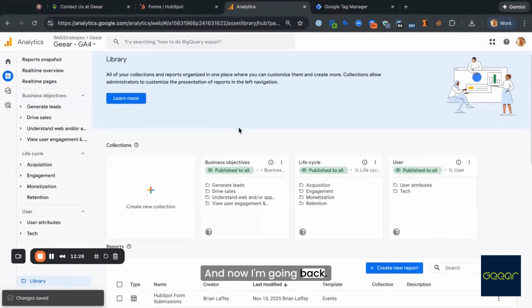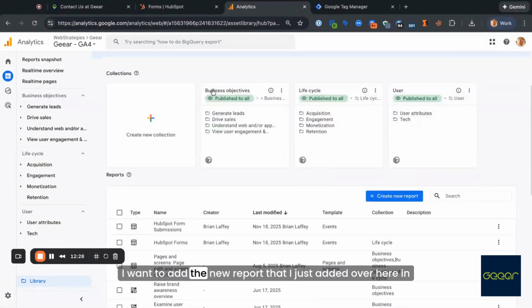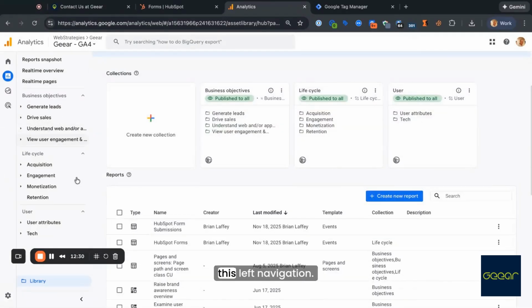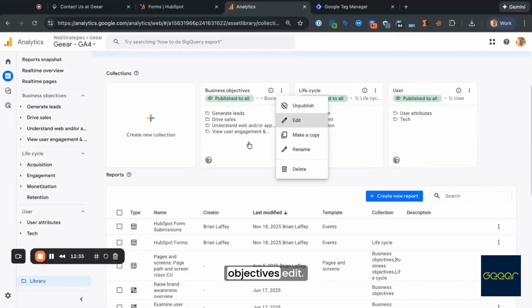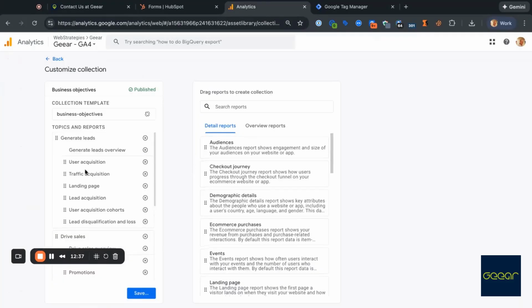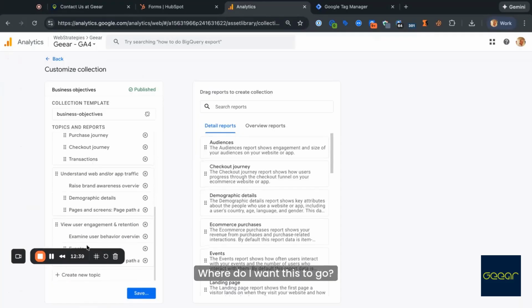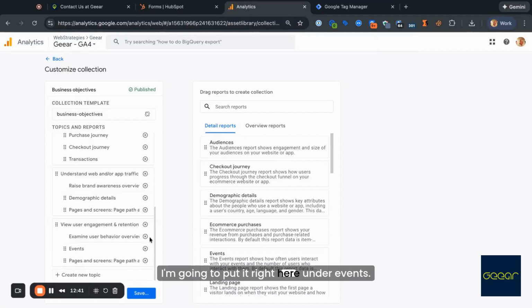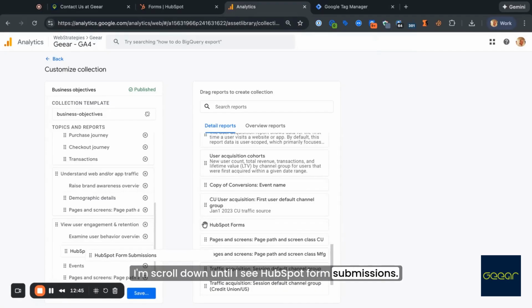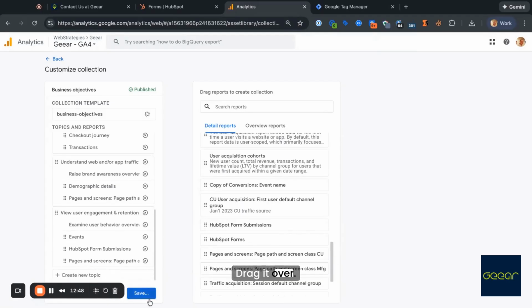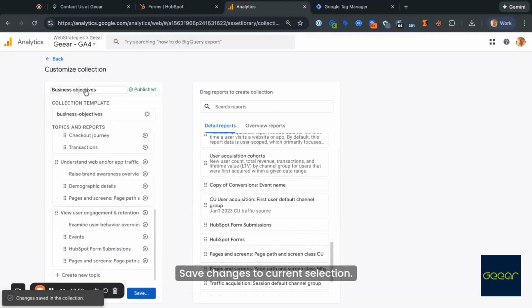All right, and now I'm going back. Now I want to add the new report that I just added over here in this left navigation. So I'm going to go over to life cycle, or actually business objectives, edit. All right, where do I want this to go? I'm going to put it right here under events. So I'll go right down. I'm going to scroll down until I see HubSpot Form Submissions, drag it over, hit save, save changes to current selection,